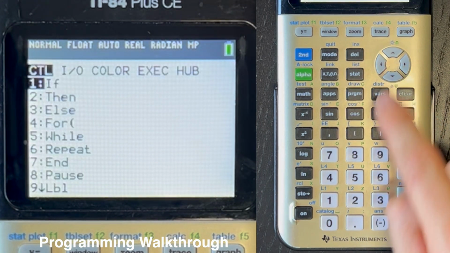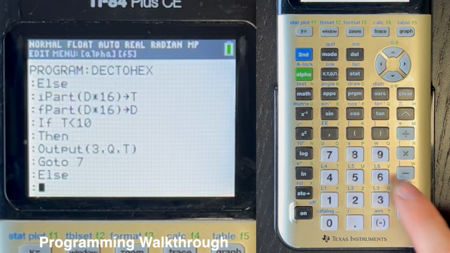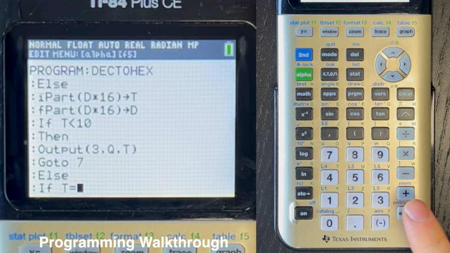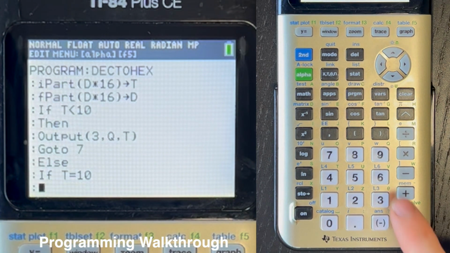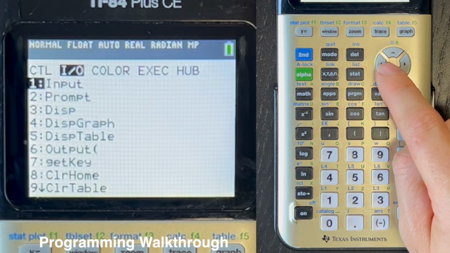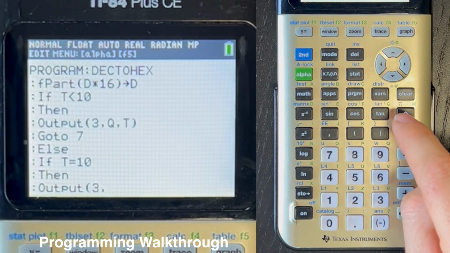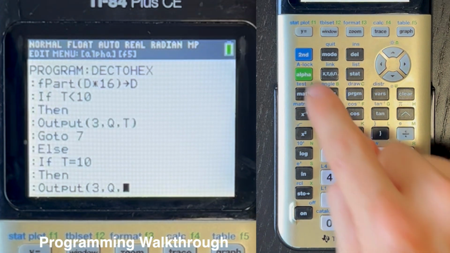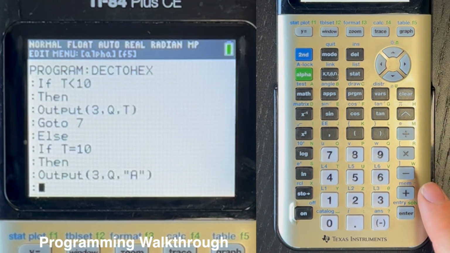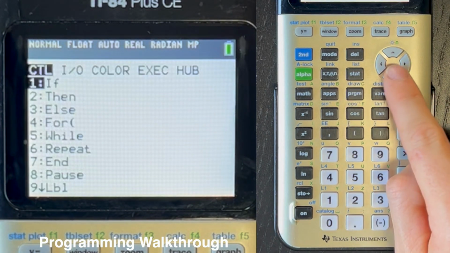Next line, program Goto 7, new line, program Else, new line, program If alpha T equals 10, enter, program Then, enter, program Output(3, comma, alpha Q, comma, A, close parentheses, enter, program Goto 7, enter, program Else,